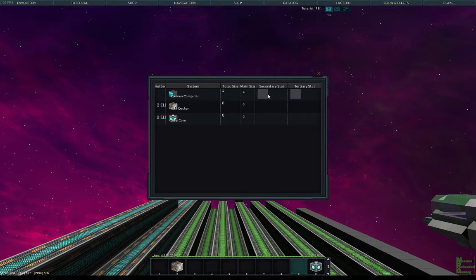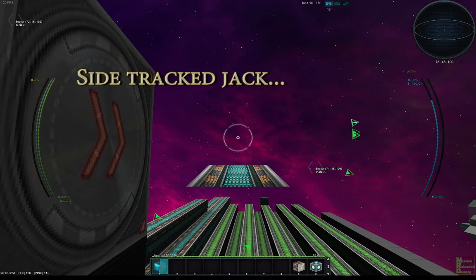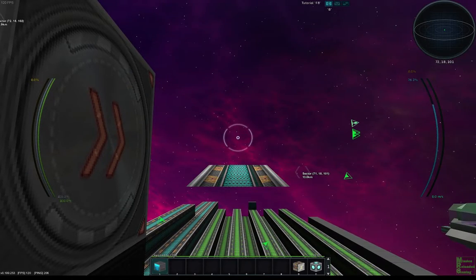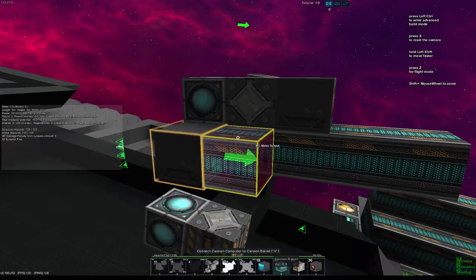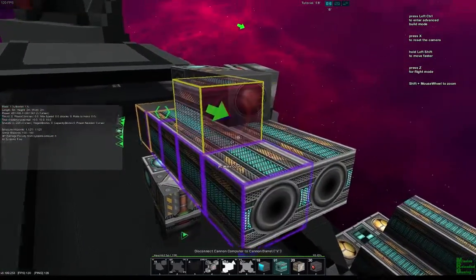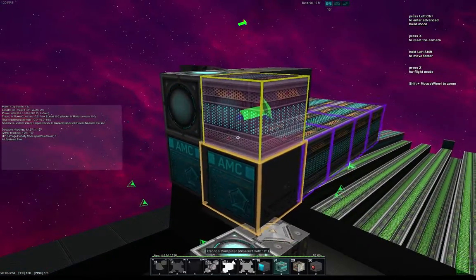Your secondary slot, so what you can do if you want a different alternate gun type, I'll show you. Pew, pew, pew. Okay. Now, to make it a different type of gun, you throw down a second cannon computer, and then its own set of barrels. Then we go back to the weapons menu,